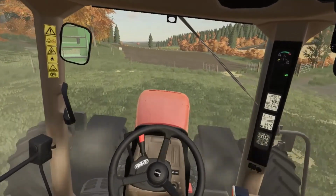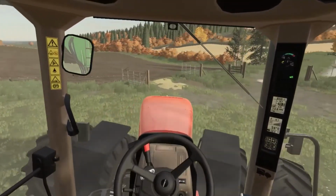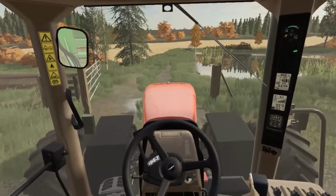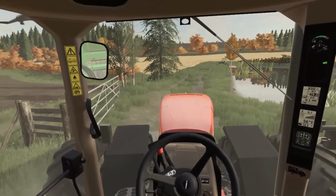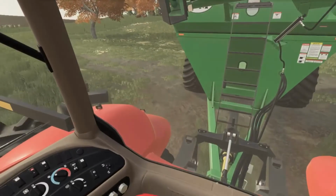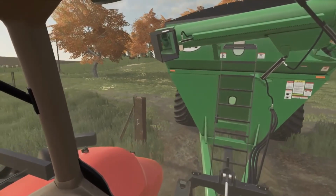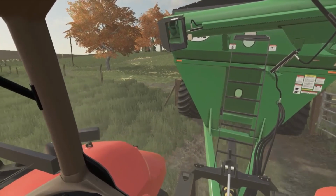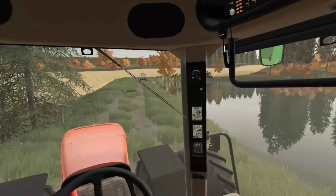But one problem is I don't know if I can fit through this field gate with these duals on here. I haven't really tried this before. So I know I can fit width-wise on the tractor, but can I fit this? One thing on the list to get is a grain cart like this, so close to that fence. But one thing higher up on